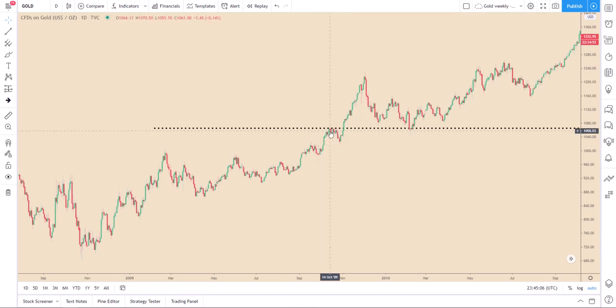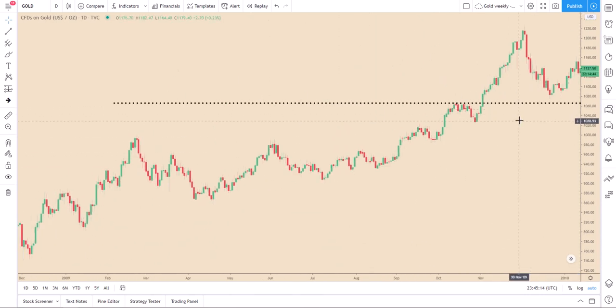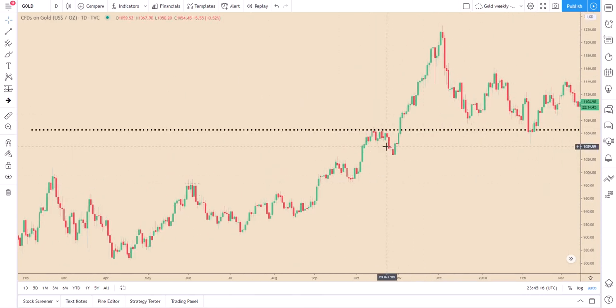And so price goes up, tests it, waffles sideways for, okay, we're on a daily chart, so that's most of 2 weeks. If we talk about trading days, that's most of 2 weeks where price is bumping up against this resistance level, and then we get this plunge,